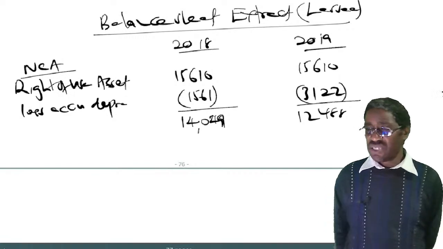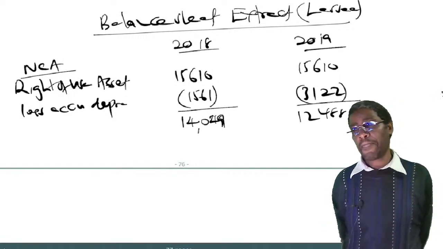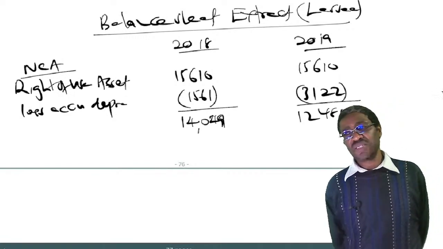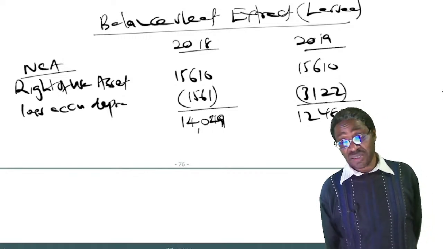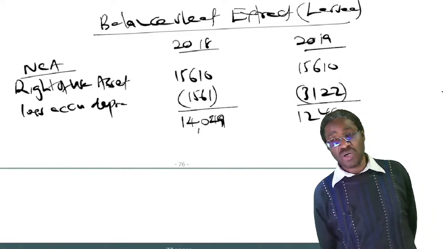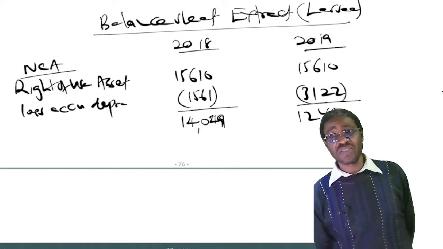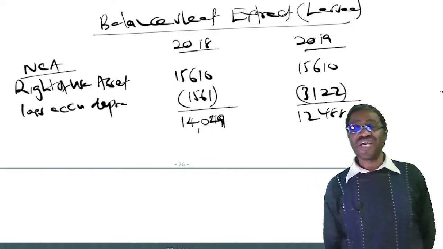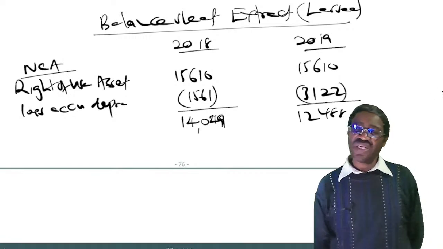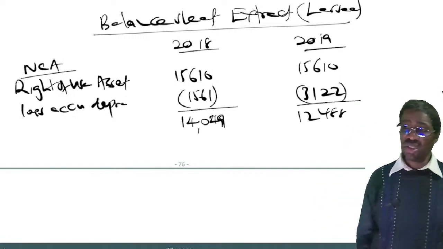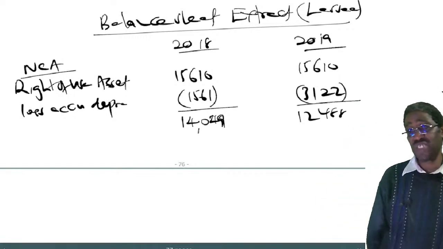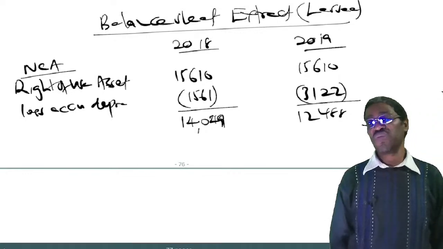Copy the asset section of the balance sheet. That is the right of use asset. The cost or the right of use value was 15,610. Our figures are in thousands. I minus the accumulated depreciation. First year is the same as the accumulated 1561. So you are remaining with a book value of